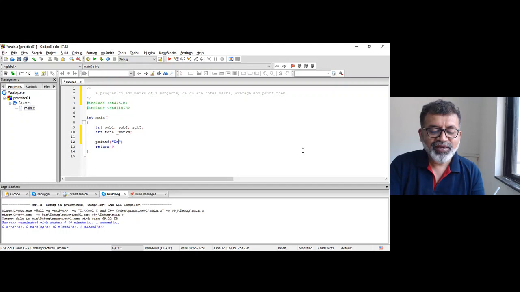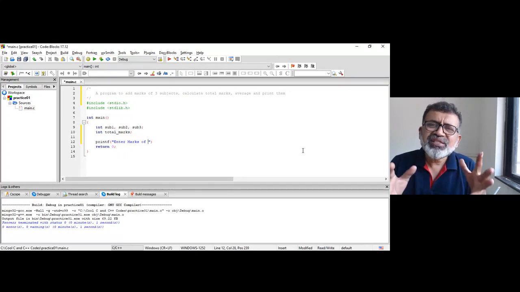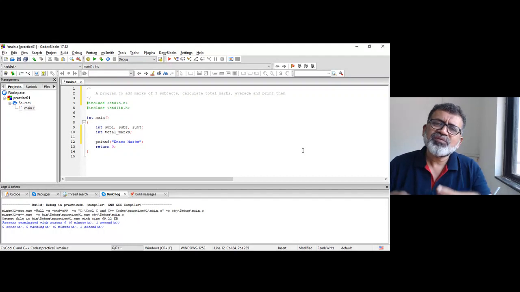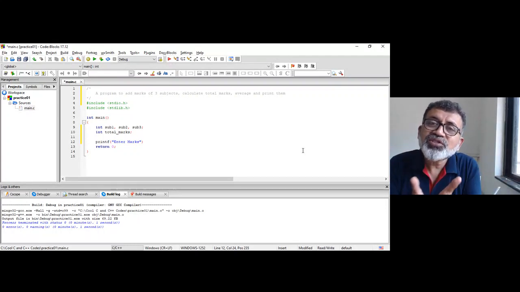So if I write enter marks, the message should be clear. Sometimes students write just marks. What marks? You are writing this code for the user, right?